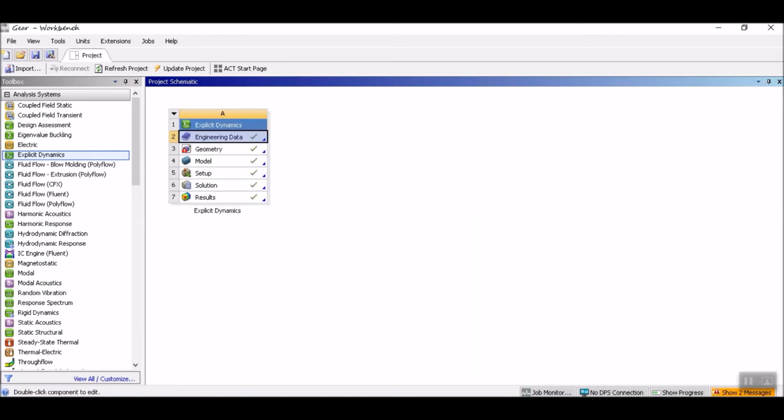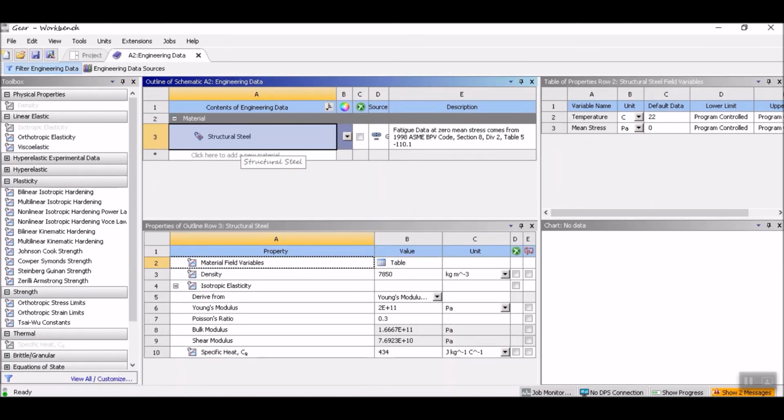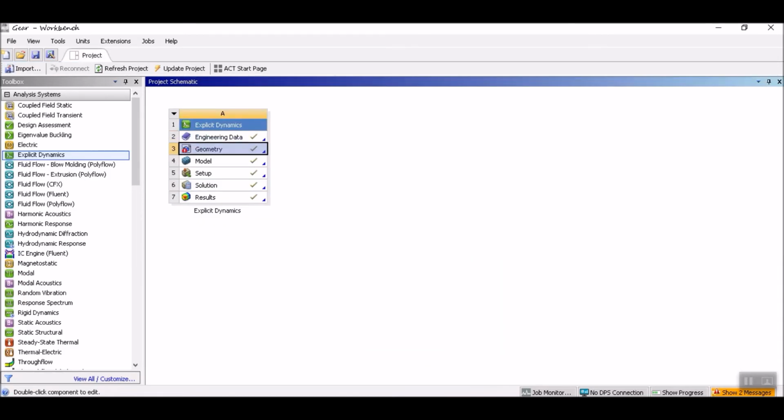First is pre-processing. Pre-processing has first engineering data. Engineering data has various types of materials. You can put in various kinds of materials and properties like thermal properties, mass properties, any kind of properties, and even any kind of material that doesn't exist in real life. You can create your own material and input your own properties. So that's engineering data, and this is the geometry.